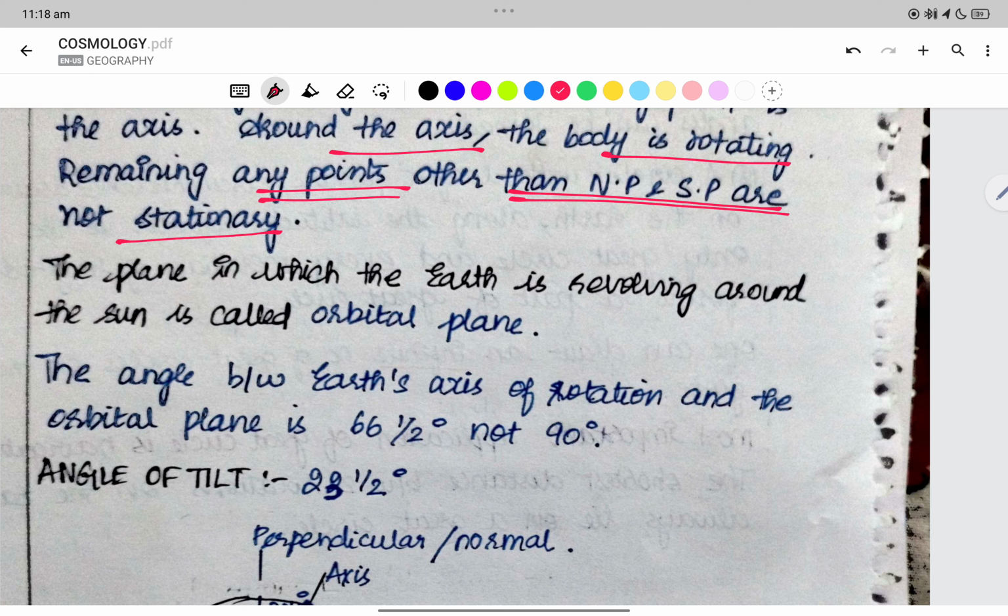What is a great circle around the latitude? The equator is a great circle around the latitude, right? Every longitude in itself is a great circle because it cuts the earth into two halves, and we have infinite great circles. The great circle is used for navigation. Now we have stationary points at the North and the South Pole, not the axis; the axis is passing between the North and the South Pole. We have only two stationary points, right?